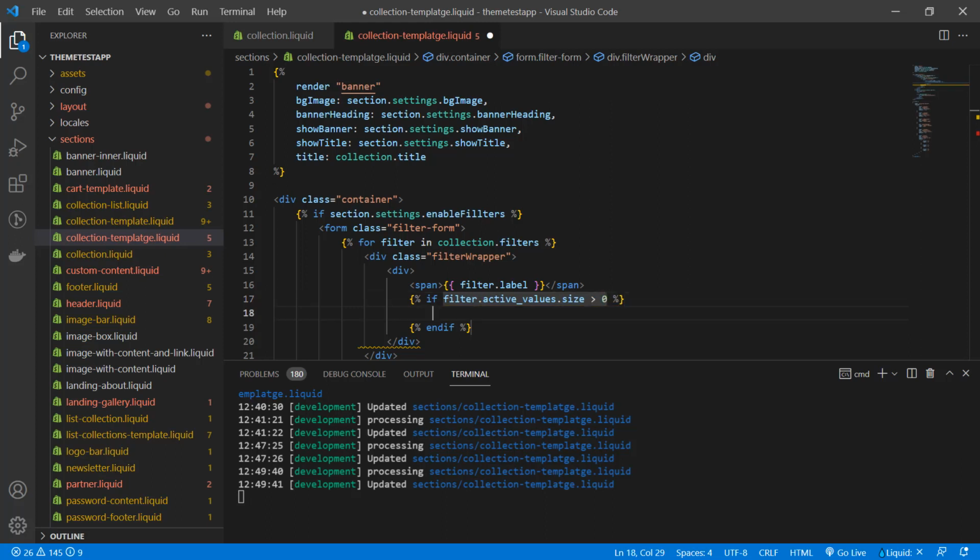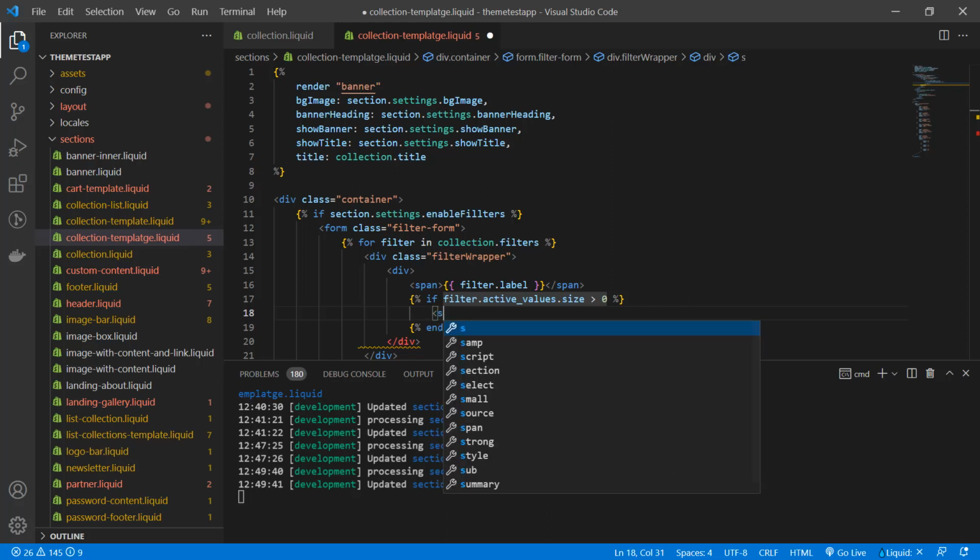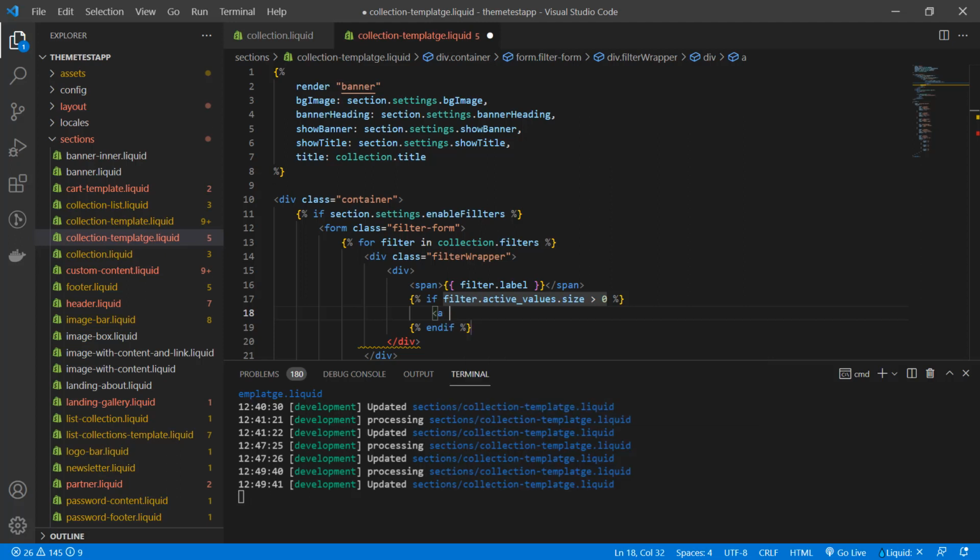Then I'm going to add here a hyperlink. Then href is equal to